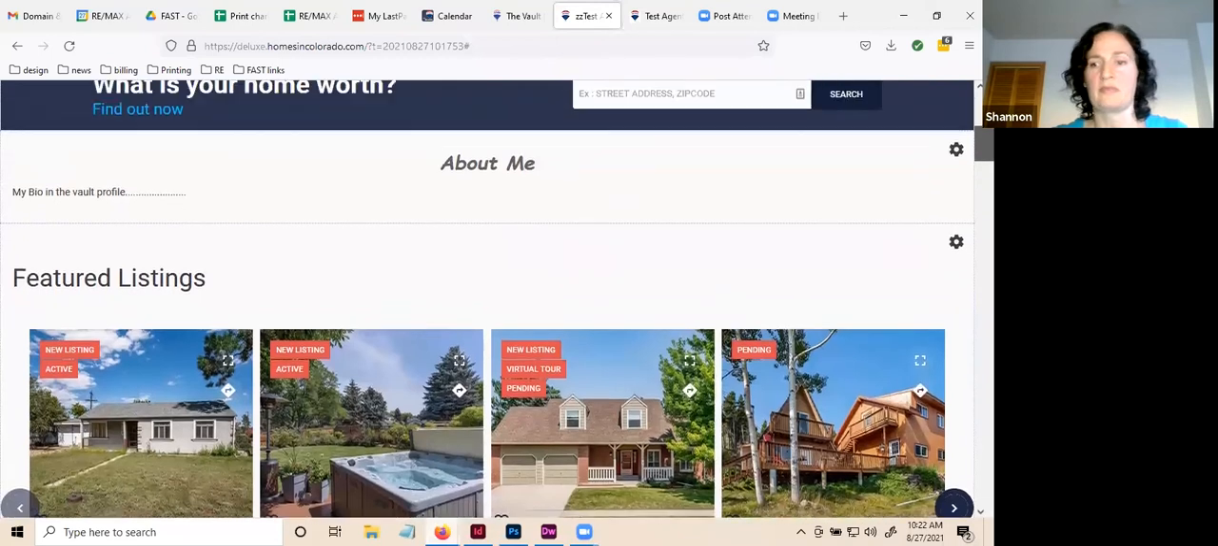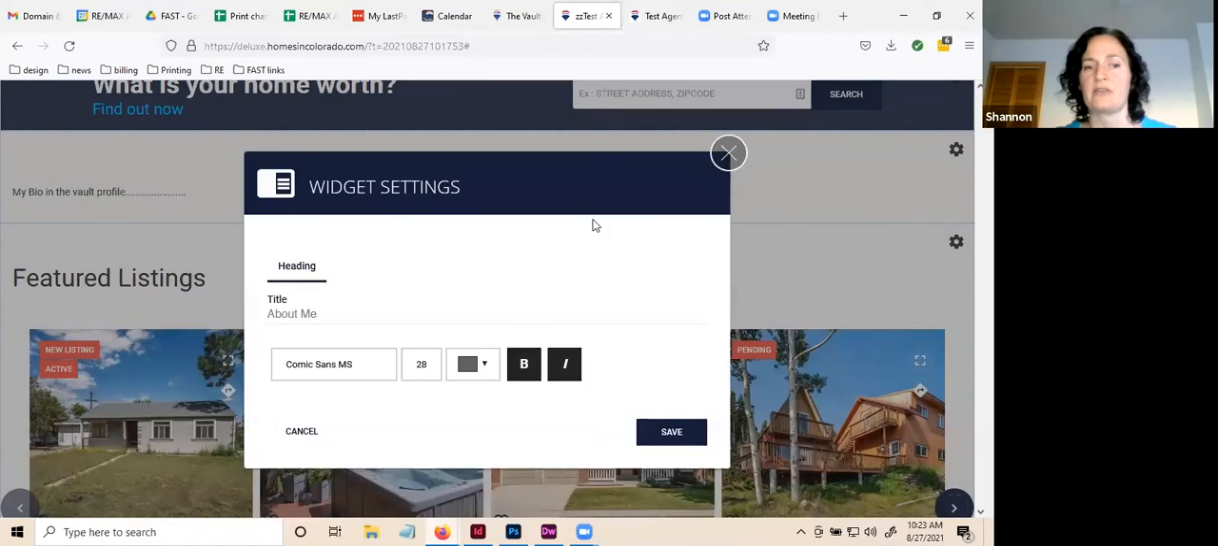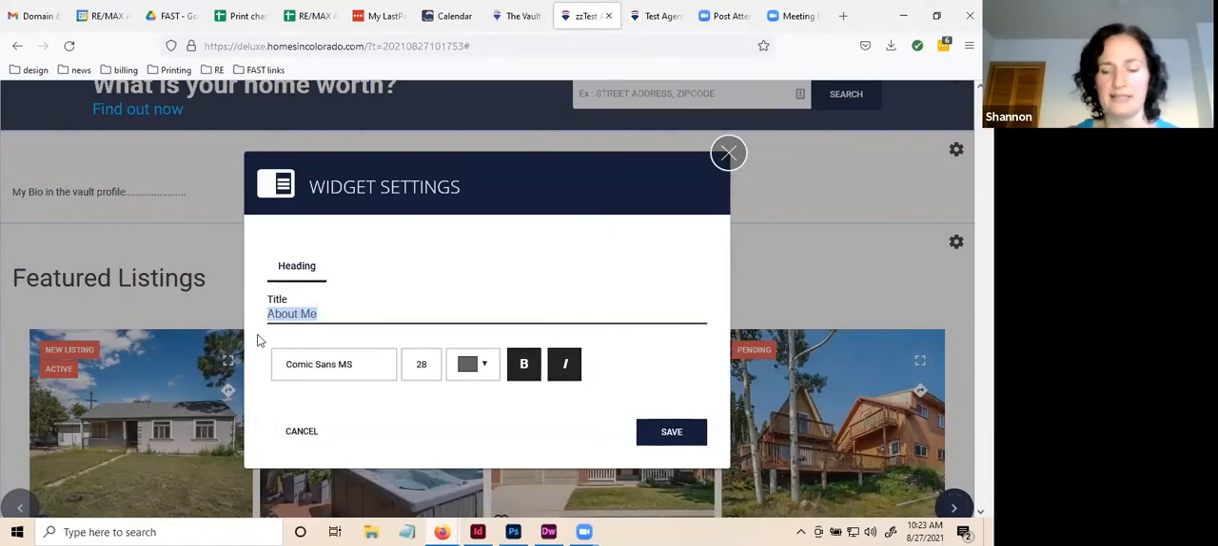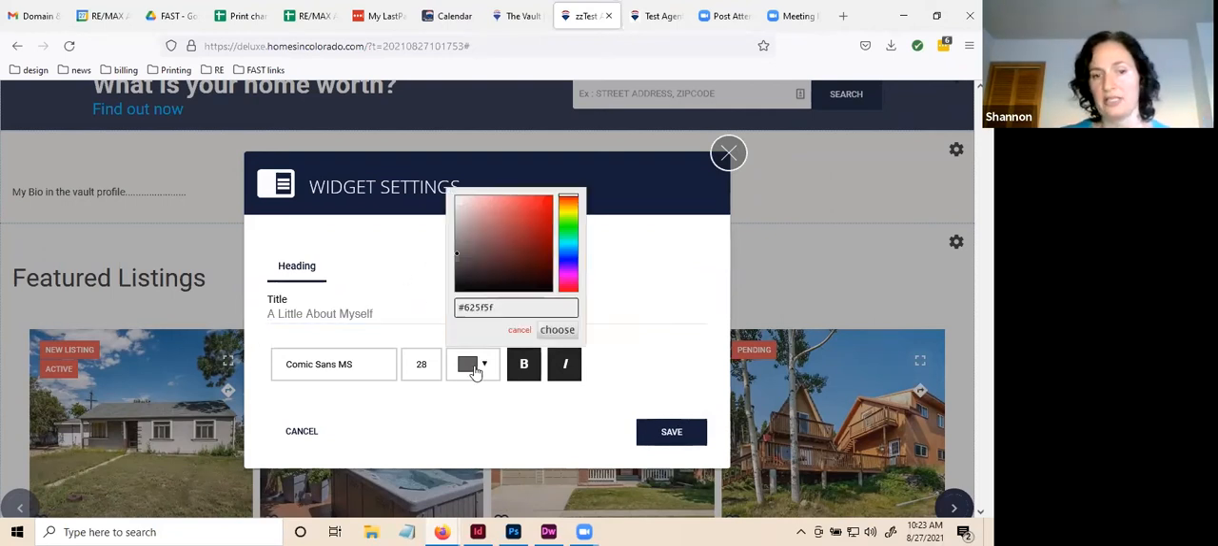All right, this next widget, this About Me, is your Vault profile bio that's coming through here. So if you hit the edit for this section, you're going to notice that the only thing you can change here is the heading. But if you want to change the actual bio itself,